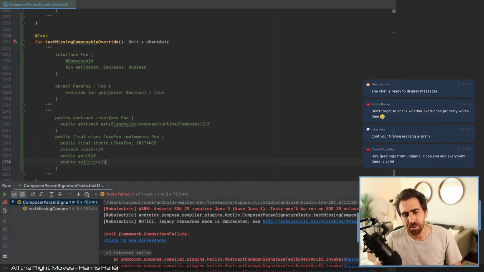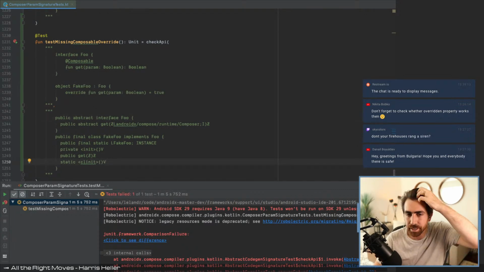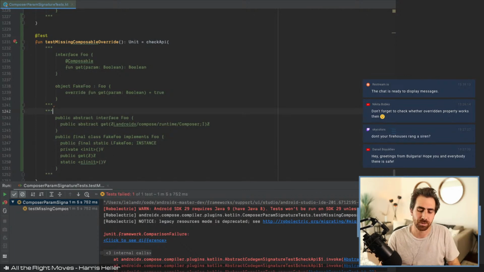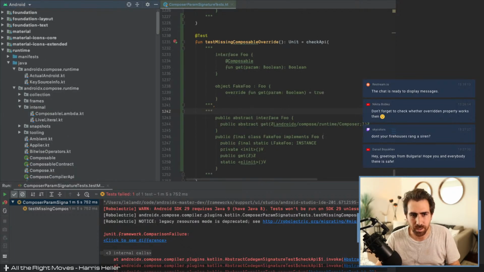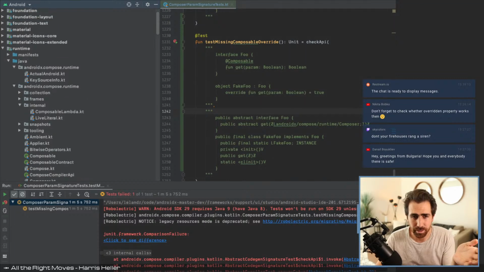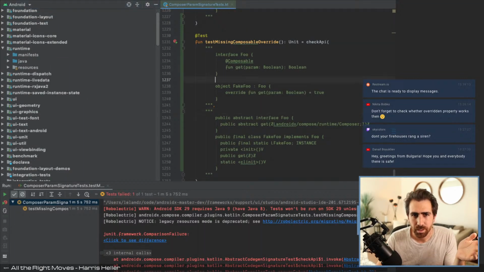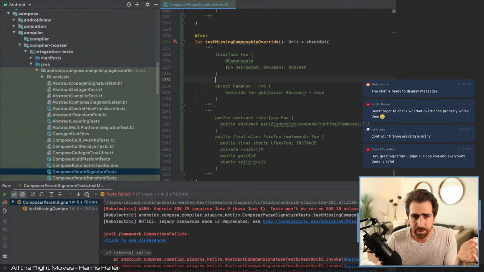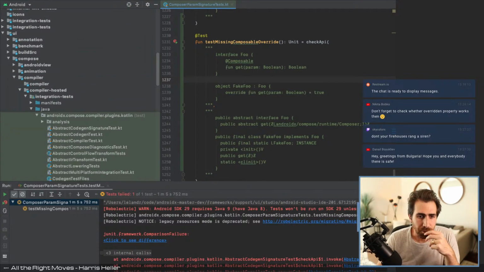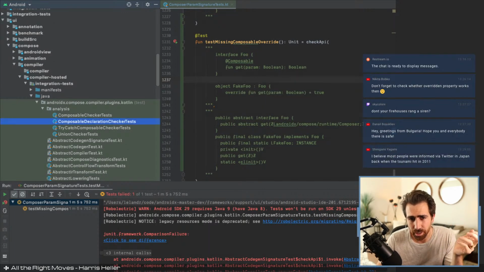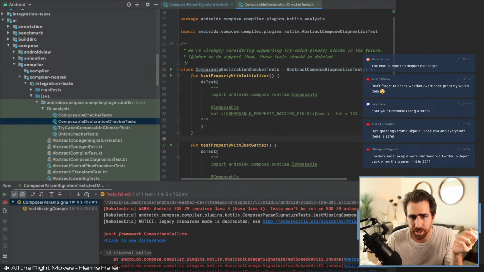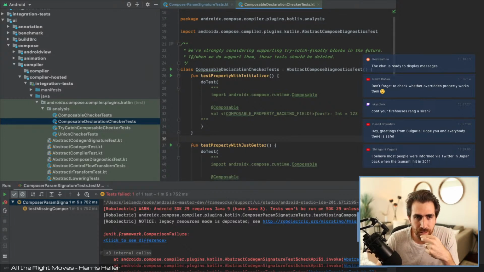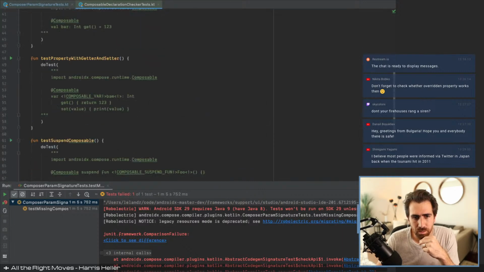Okay, so basically this should be a front end level error. So what I think I'm gonna do, one, I want to set up a diagnostic test, that's basically a front end test, and I want the test to ensure these properties. There should be a diagnostic issued if you forget to do this. So